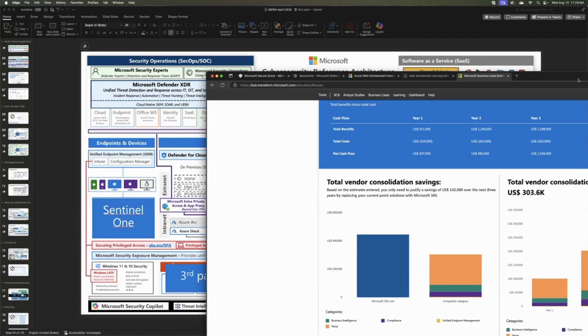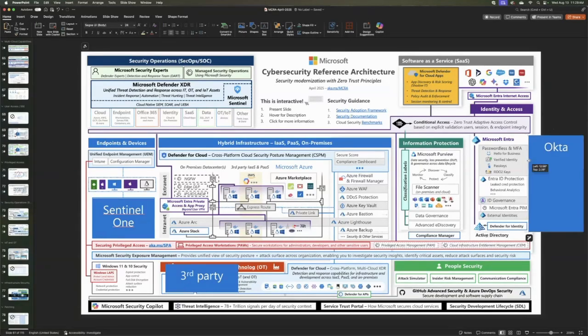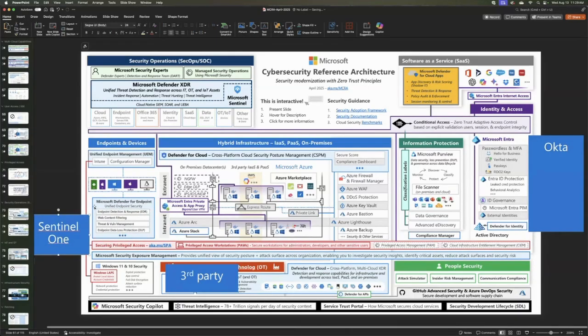But number two is, let's talk about security for security. If we've got these third-party solutions, let's really understand, are they doing what you think they're doing? For example, the integrations with the other Microsoft products. The one I always use is, let's pretend for a moment you have a computer and that computer gets ransomware. Well, if you were using Defender for Endpoint and the computer was managed by Intune and you're using Azure AD or Entra, the moment it gets ransomware, this whole thing talks to each other, and then your user account can automatically be disabled. The computer can automatically be isolated in real time, and the threat is still on the computer, but it's isolated from the rest of the environment.